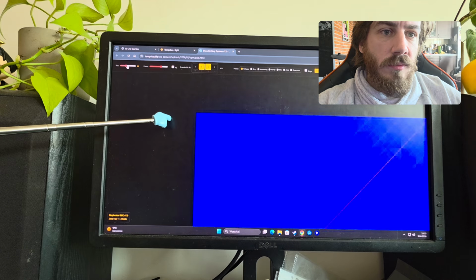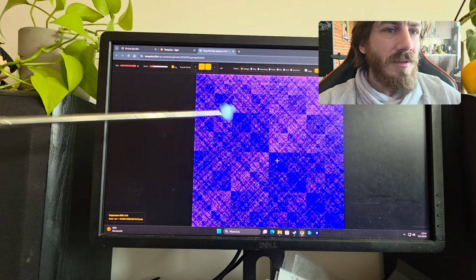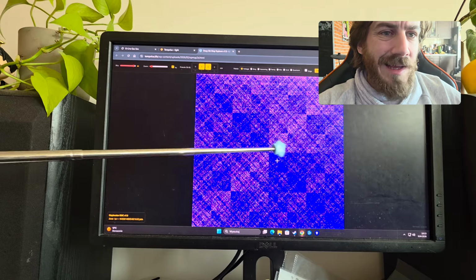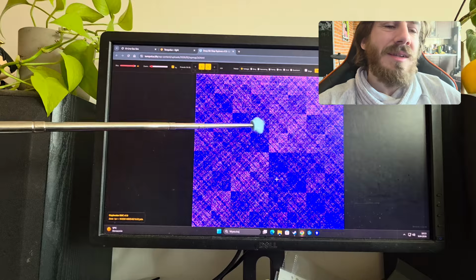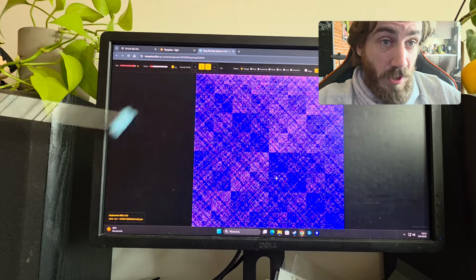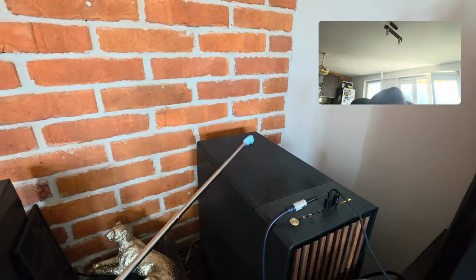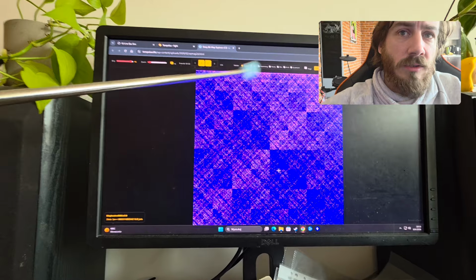So you can actually view a 64-bit map, which is huge, 2 to the 64 by 2 to the 64. It's a lot. And you can view it because we are not keeping it in memory, because this computer doesn't have enough memory to hold 2 to the 64 by 2 to the 64.